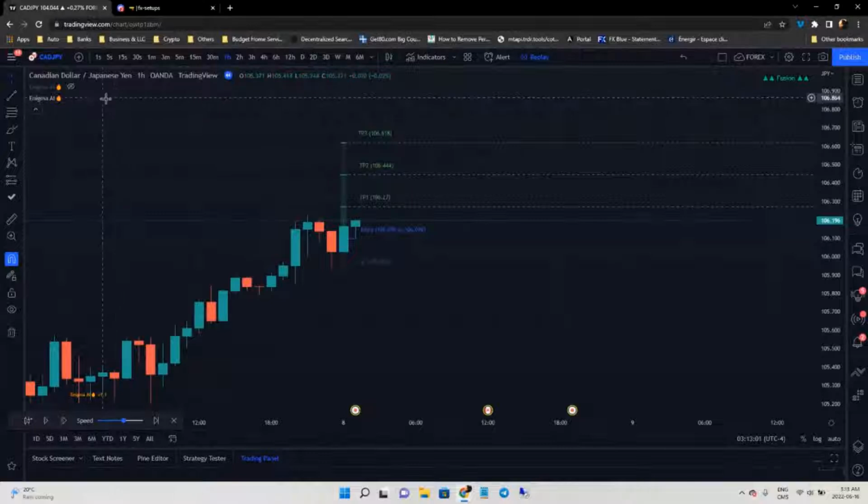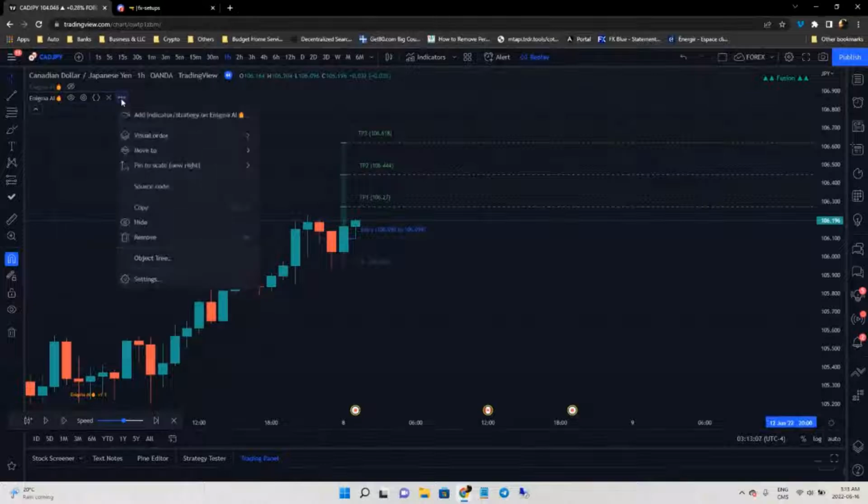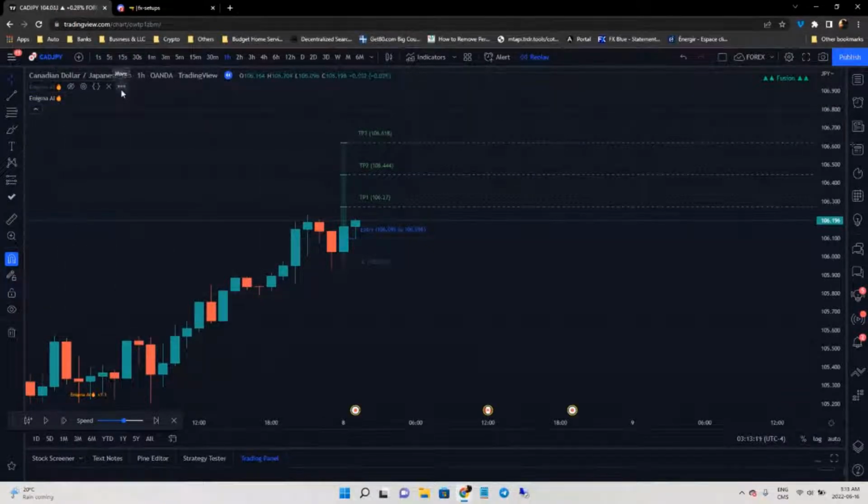I'm just going to go back. Okay, there you go. You click on those 3 dots and it's going to add the alert here. Since I have the master account, it's not giving me the option. But you're going to have the 3 dots and you can add the alerts, or you could click on here, add alert. Since I'm on a replay, it's not going to give me the option, but this is how you set it up. Any pair you add an alert to is going to trigger the signals directly on your phone or on your TradingView account if you're trading on your computer.